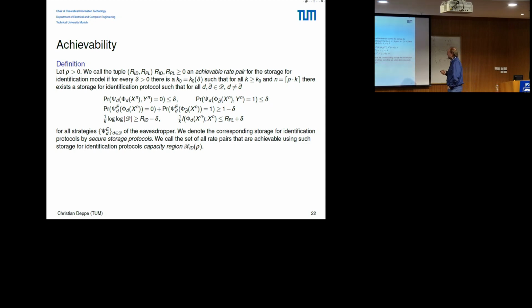That means we have another value d prime, and we encode for d prime here, and we decode with d, but we get a yes. This should also be smaller than delta. And this is the error probability of the decoder of Eve. So it should be the other way around, that the sum of these two errors should be bigger than 1 minus delta. And this is more or less the rate we can get. So d is the number of messages we have, and we do it again with double logarithms here.